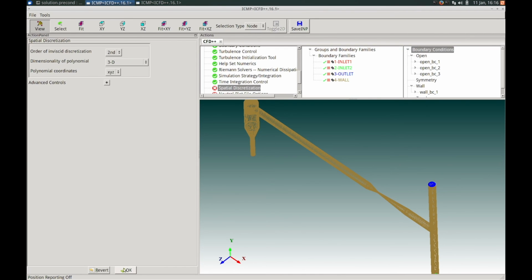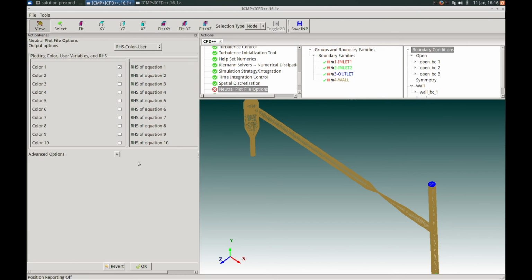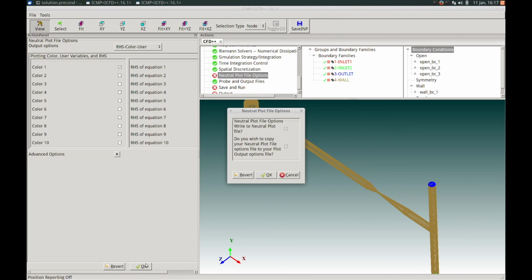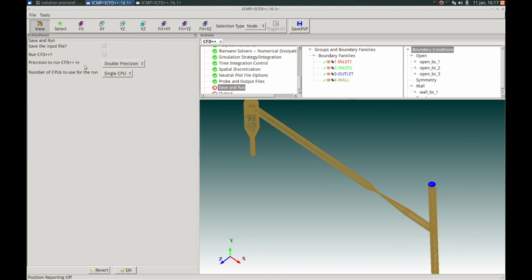Spatial discretization is the same. Click OK to continue with the defaults. And the neutral plot file, you will be prompted to make any changes if you so desired, because we did change the numerical scheme, but in this case we don't want to change any variables that we're going to output, so we're just going to click OK to continue and acknowledge the writing of the control files.